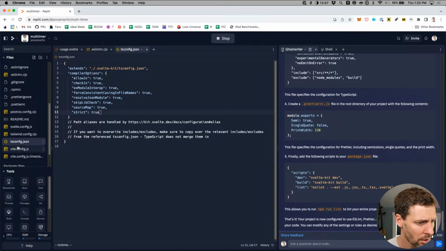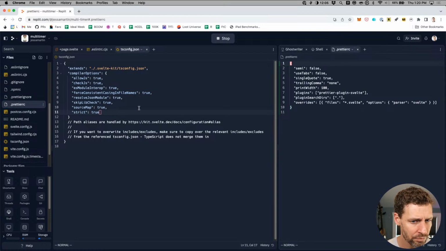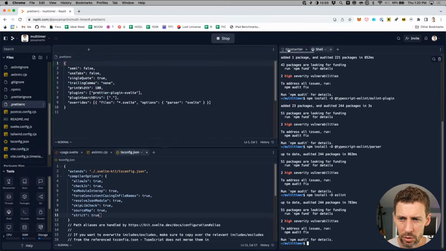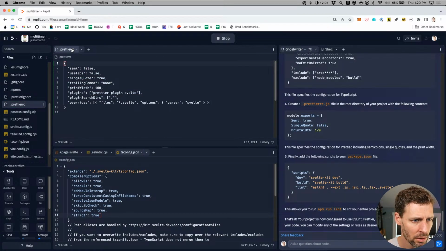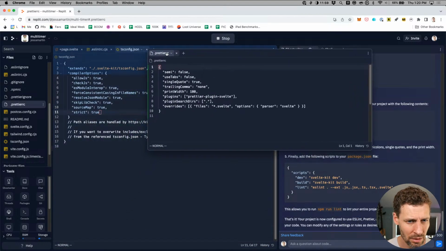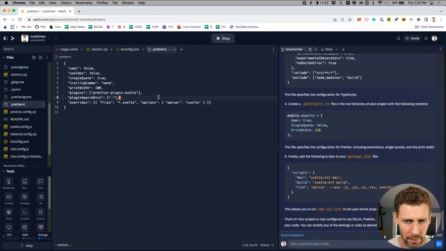And then there's the prettier RC file. I like opening things up over here. There we go. Semi true, single quote, print width, whatever. Prettier plugin svelte.